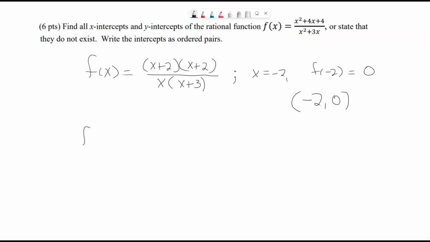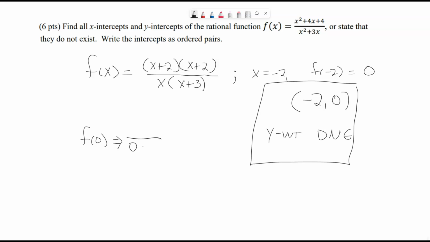Now for the y-intercept, you plug 0 into the function. And because that creates a divide by 0, there is no y-intercept. State they do not exist. So we would say y-intercept does not exist. So we have one x-intercept, and the y-intercept does not exist because x equals 0 is not in the domain